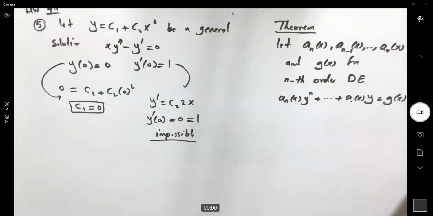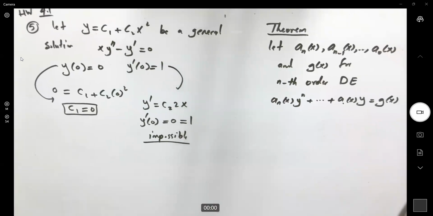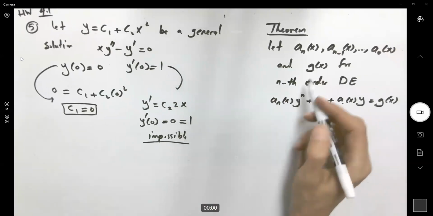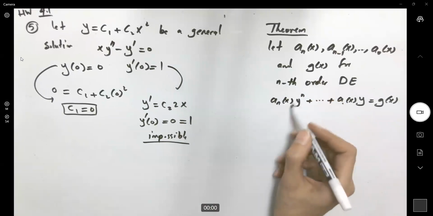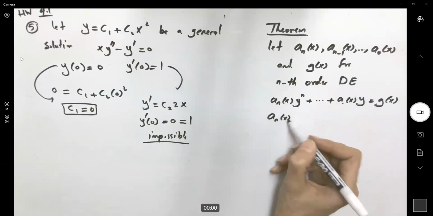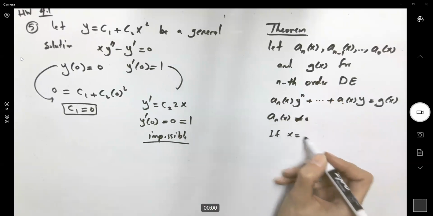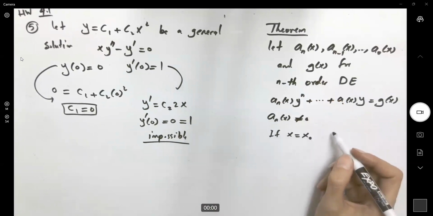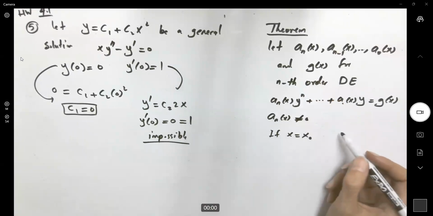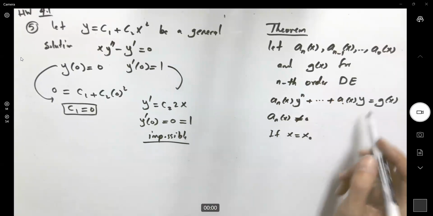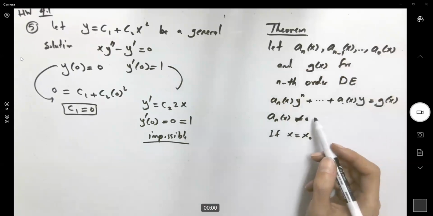Then, with the condition that a sub n, which is the leading term, is not equal to 0, if x equal to x sub 0 is any point in the interval that is defined for this differential equation,